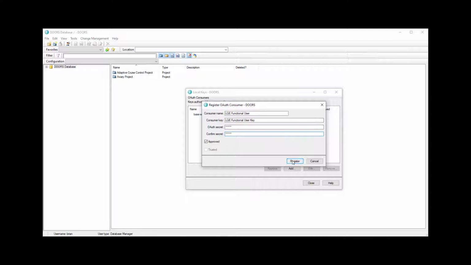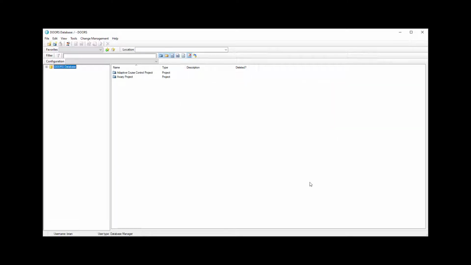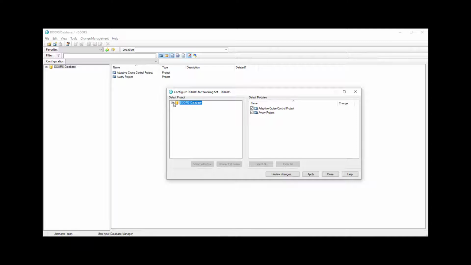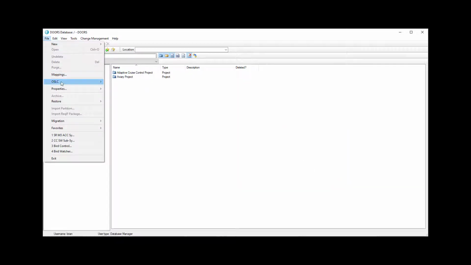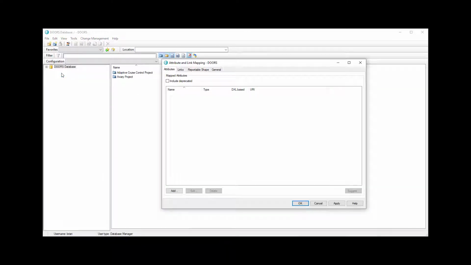After the local key has been created, we then need to define which Doors projects, folders, and modules are available for reporting via the LQE. This can be accomplished by configuring a working set. The working set is helpful for defining relevant data for reporting. Once the working set has been created, we then want to initialize the TRS,